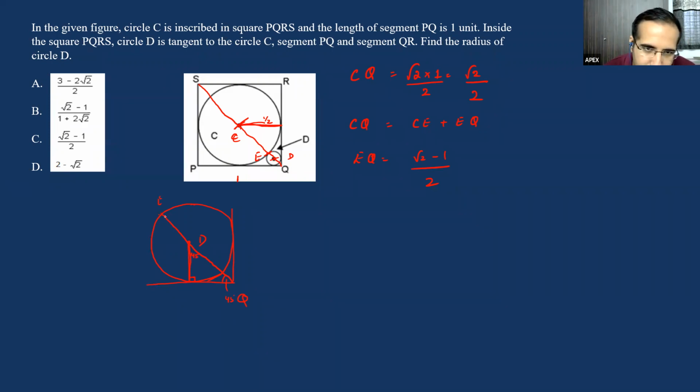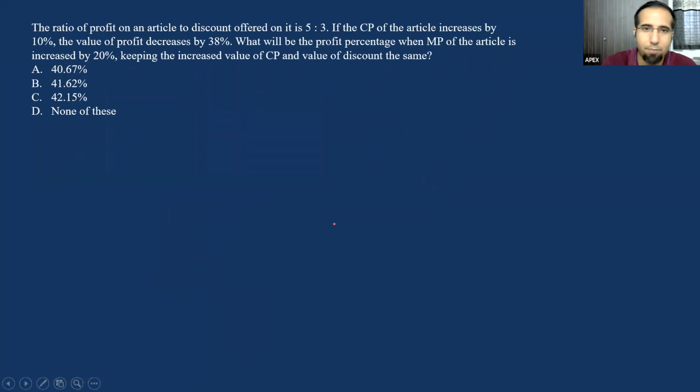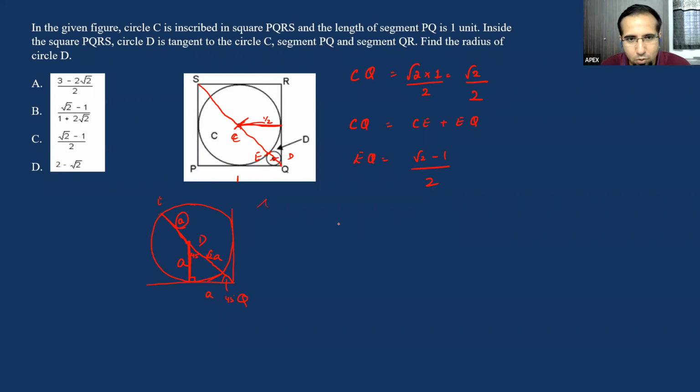Clear? So if I take this part as A, which is what we are supposed to calculate, the radius of D. If this part is A, can I say even this part is equal to A, because that is the radius of the circle? Now I know this is 45, 45, 90, so this part is also A. Now this complete part DQ is going to be root 2A. So DQ is going to be root 2A here, guys. Eventually, we look at EQ is equal to A plus root 2A, which is equal to